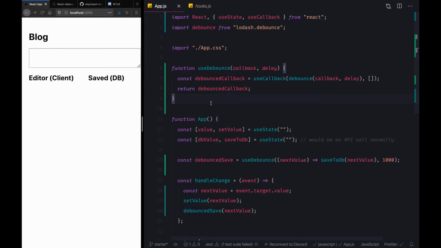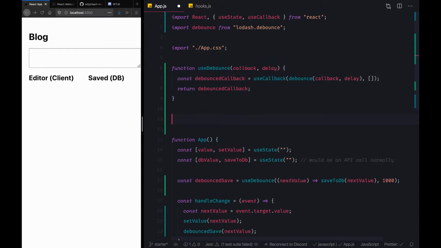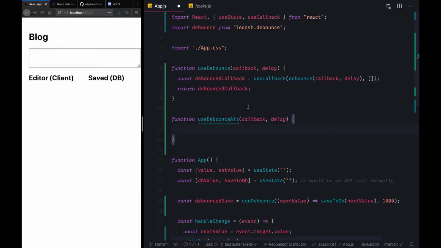We can actually also use a use ref here instead of using a use callback, and do the same thing. So let's create an alternative hook for the same. We can say function use debounce alt. It would have a similar signature, and it should also return a debounce callback.